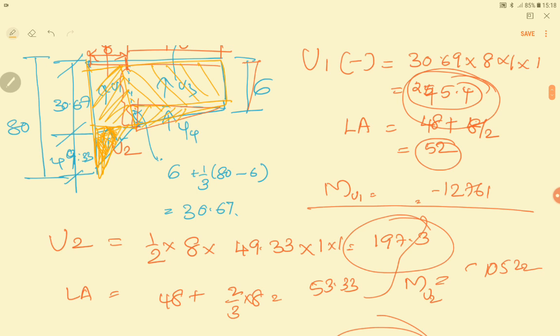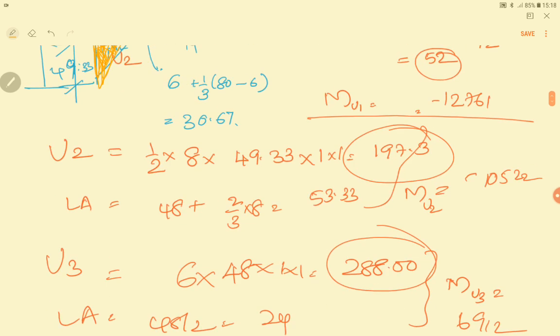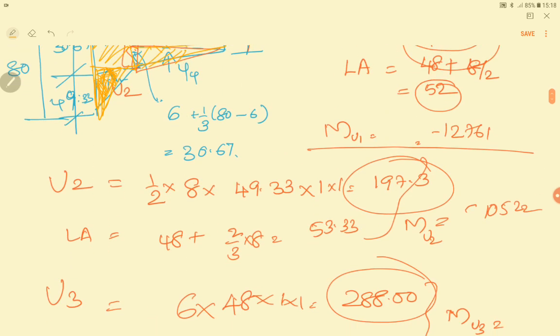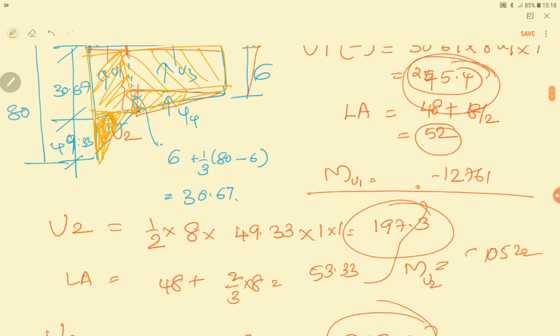So first you found the areas and multiplied them with the unit weight, or otherwise you can consider the unit length. What was the volume here? Volume will be equal to area into length, and then volume into the unit weight of water. So what you get is this one.